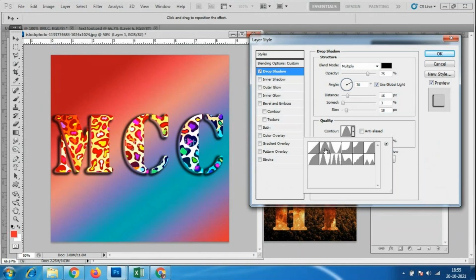It is not going to change inside the text, I'm not applying any texture, only outside the text. Okay, so this is mainly useful when we are going to make movie titles and poster designs. Okay, so if you want to make your portfolio, or you want to make your own photo album.